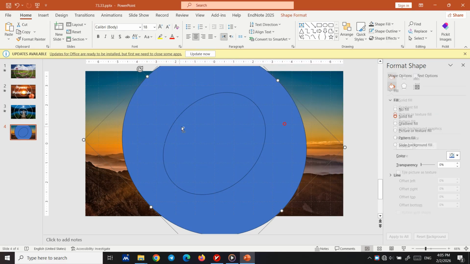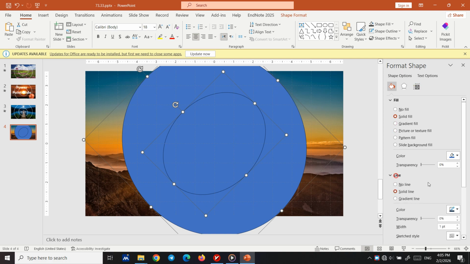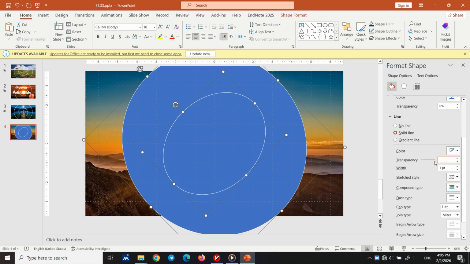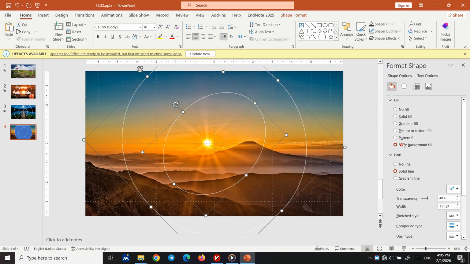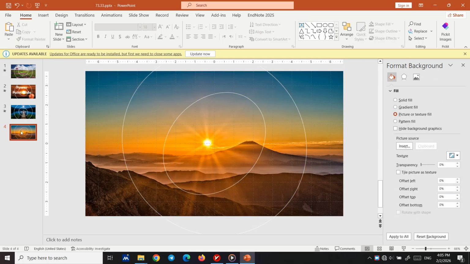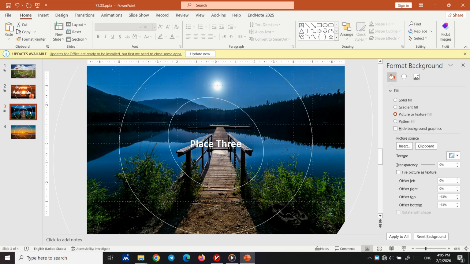Then you need to select these two, and remember, we need the outline to be solid white. The size is up to you, but the transparency is better in the middle. And then the important part here: you make them the color of the slide background. Then